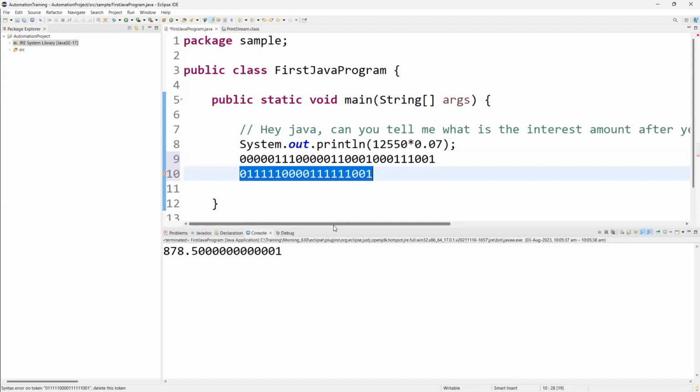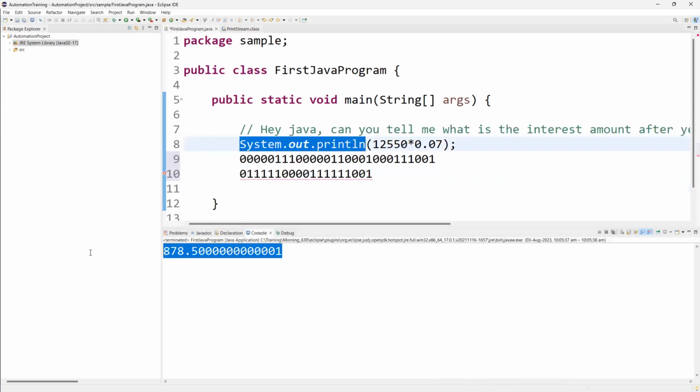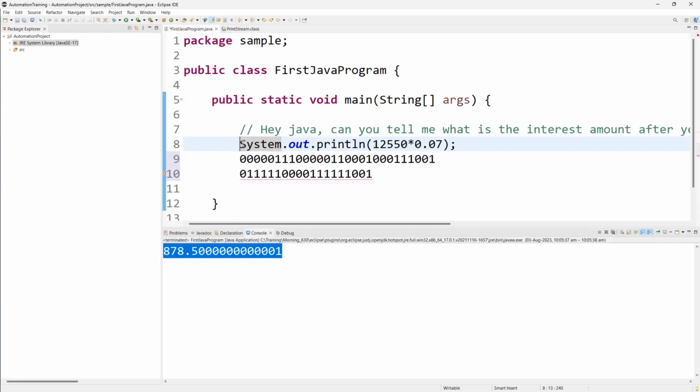So what exactly is the easiest way? I am going to write like this only. I want to see the output like this only. But internally, before we share this particular command, I'm going to maintain one machine. What exactly is that machine going to do? Whatever I write in my happy high-level programming language, written in English, will be converted to